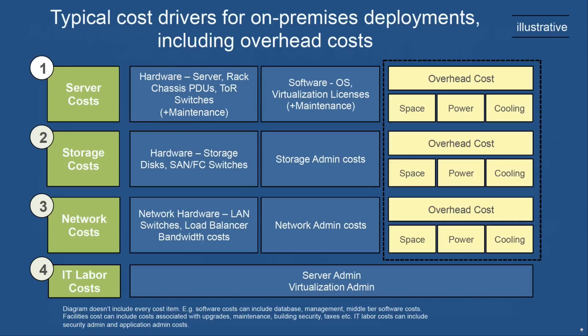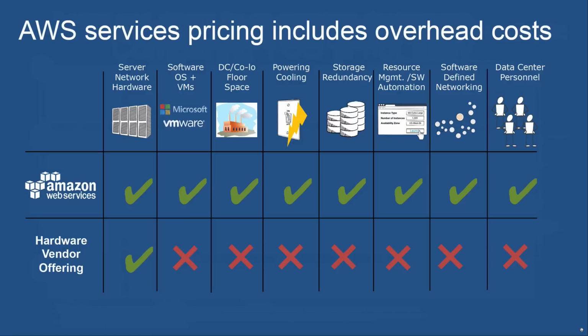So the first thing to say is that you can have quite a lot of overhead costs when you're thinking about delivering services from traditional data centers. And some of those overhead costs can be hidden in other cost lines that aren't necessarily IT cost lines. So it's important to have a good appreciation of the full picture of where all of your costs are before you start a TCO comparison exercise.